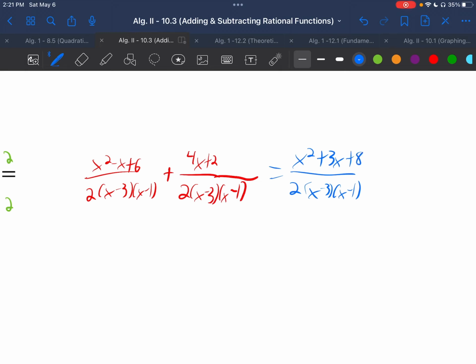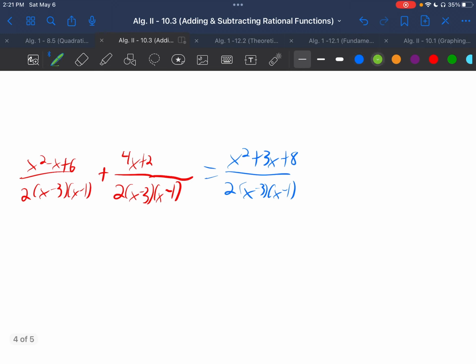So now we look and say, okay, can we simplify this fraction at all? Can we factor the top and divide anything out? And we can factor the top. The top factors into x plus